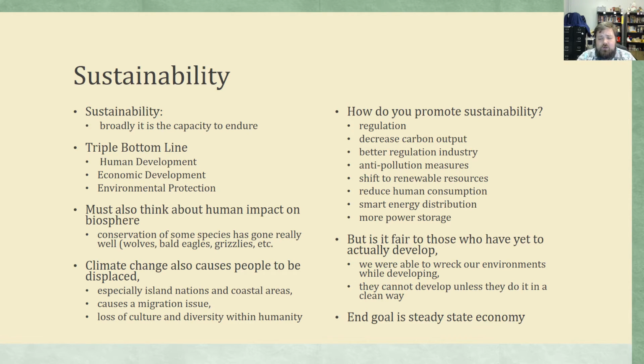Of course, the end goal here is to create some sort of steady state economy where everything is really sustainable, right? Where growth is pretty much locked in, where humans are all in a better situation, right? We've kind of eradicated poverty and disease as much as possible. Everyone's pretty well economically developed, and the environment is protected, right? Coming back to this triple bottom line. But there's fears about what the carrying capacity of Earth can be, and why, right? There's a lot of fears over actually being able to feed everyone moving forward.